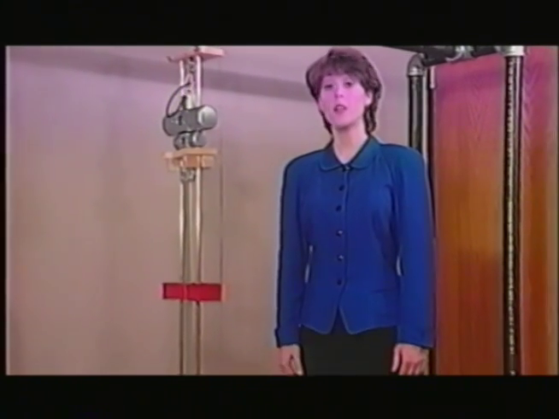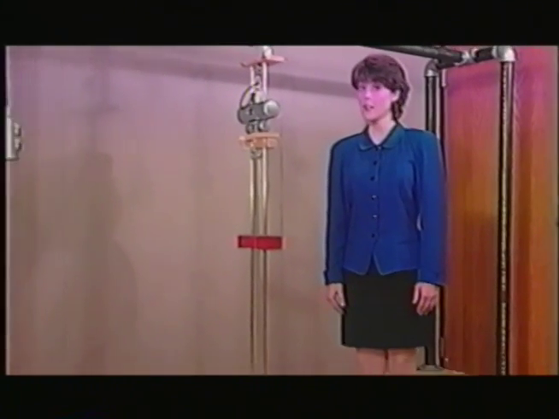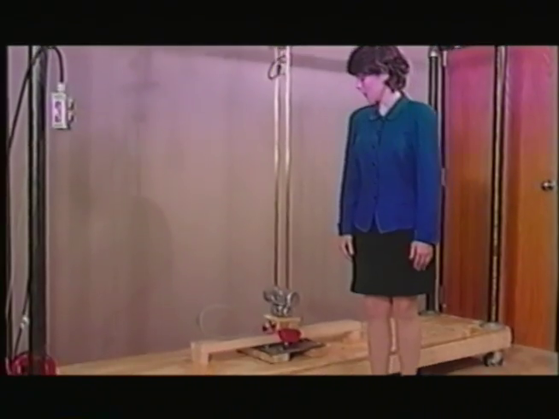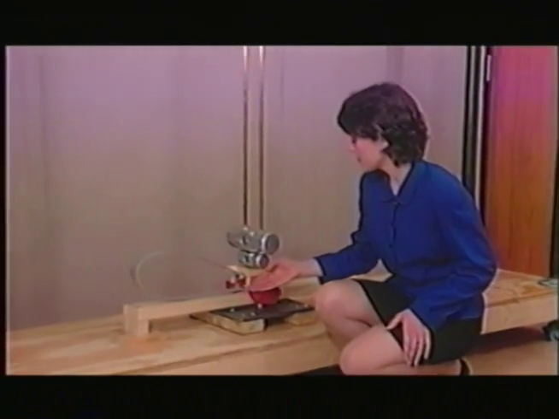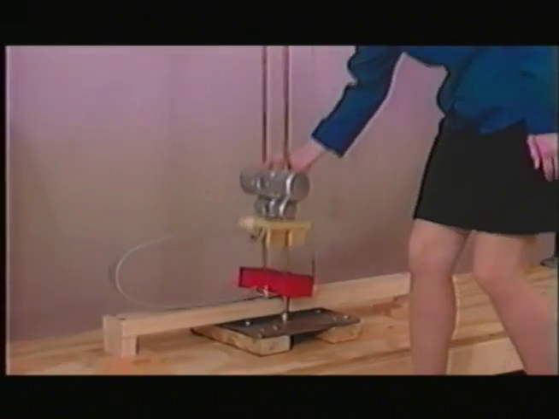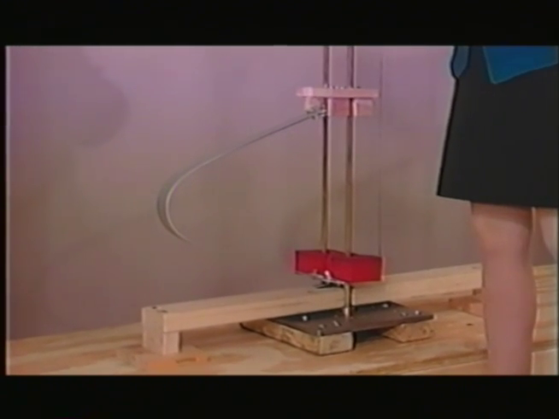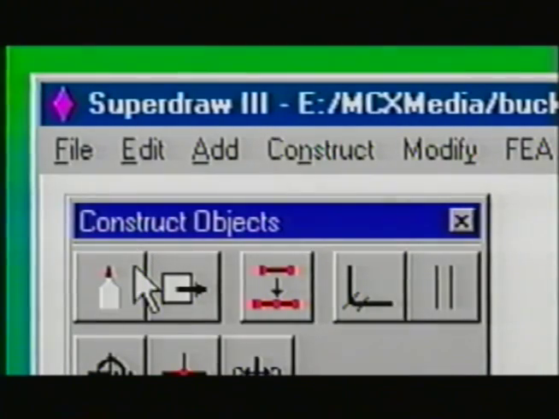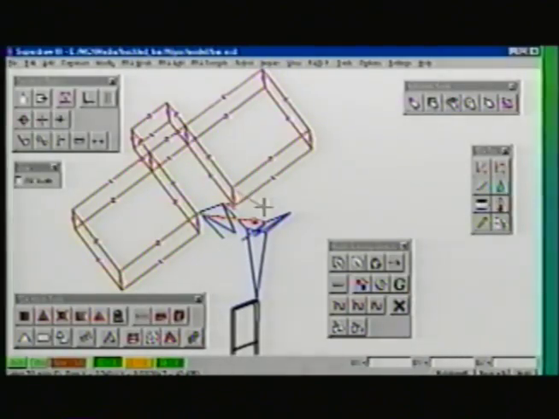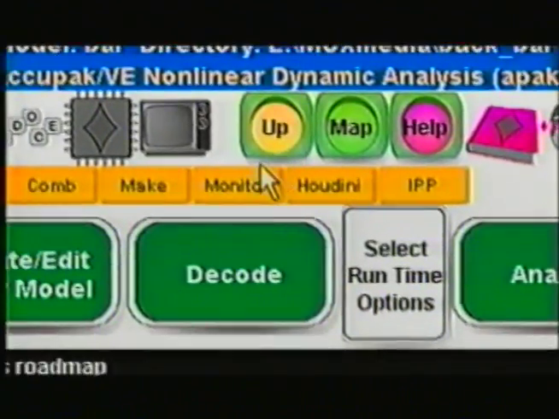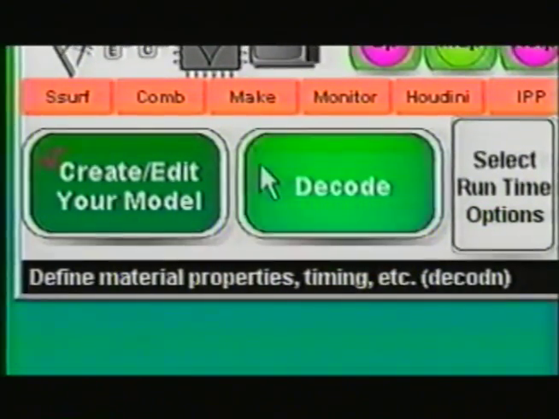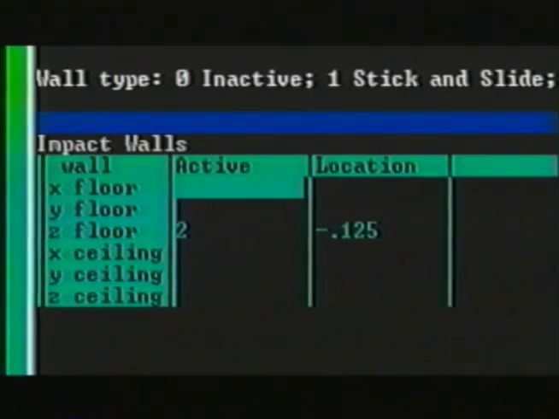Predicting the event you just saw with the finite element system could be a formidable challenge. One of the more challenging aspects is predicting the contact and the subsequent separation between the bar and the floor. With AccuPack VE, however, all we had to do was build the model and specify the location of the floor. There was no need to put in special contact elements. Everything was automatic. The AccuPack VE event simulation,